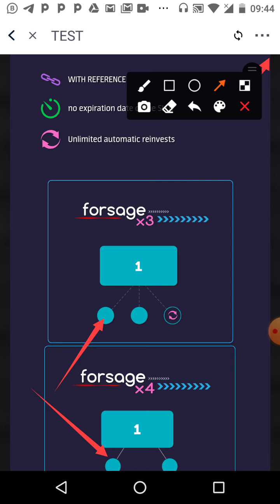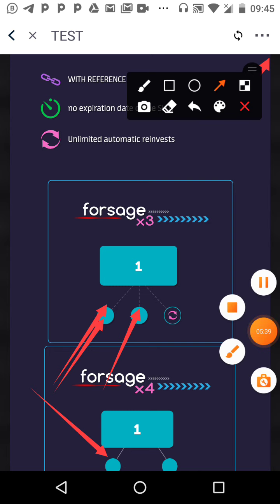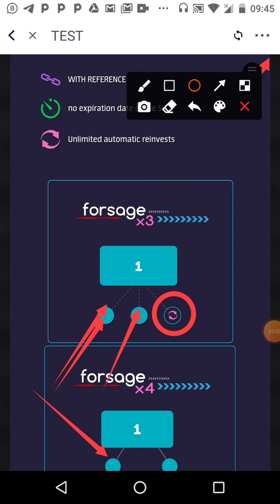Now you know what happens when your prospect buys the first slot: the money goes directly into your Ethereum wallet. This goes to your wallet, this goes to your wallet, and this